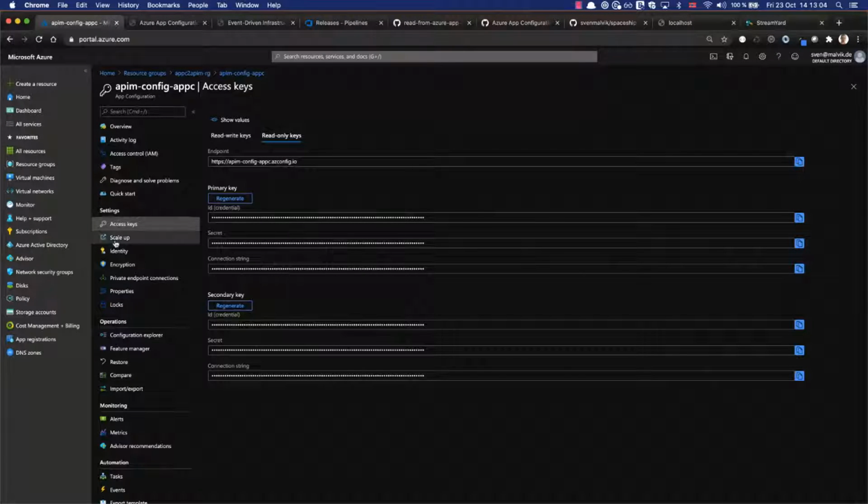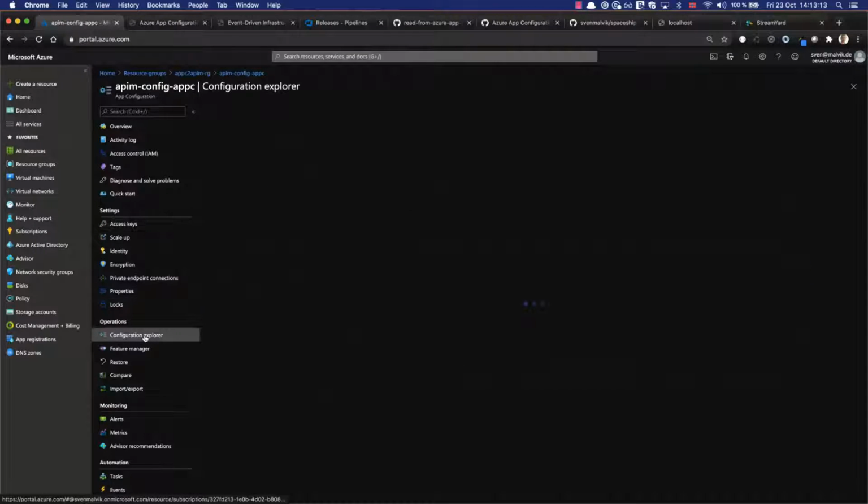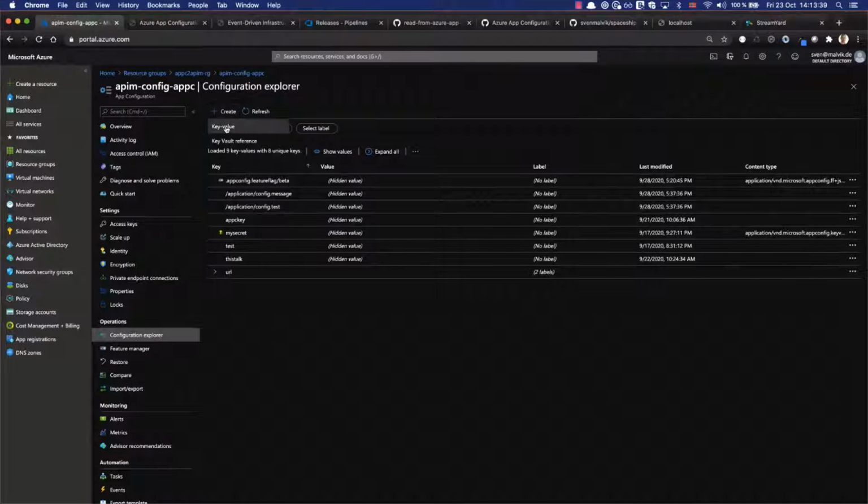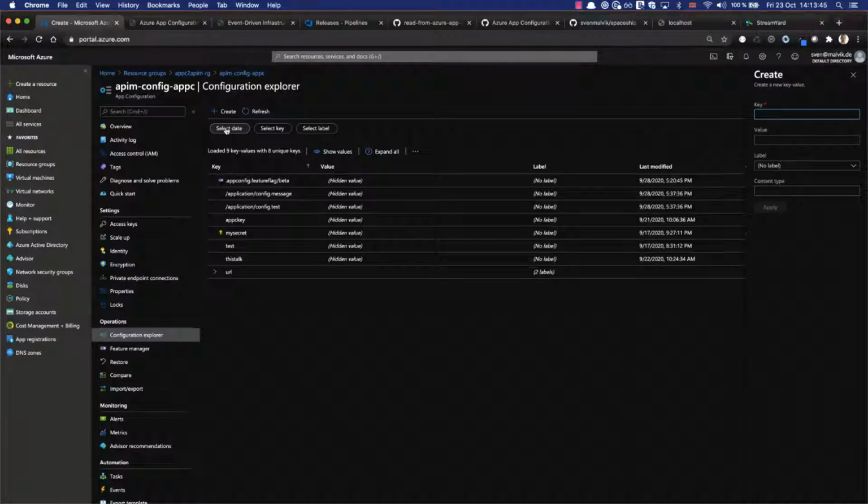And then we can scale up and down from free to the standard one. And then here's the really interesting part. We have the Configuration Explorer, which shows us all configurations. So I mentioned it's a key-value pair that you can label and that you can tag. But what the value is really up to you. You can put in clear text, basically, or you can put in JSON or whatever you want. But let's just do not a Key Vault reference right now. We leave that for later. But for now, just create a